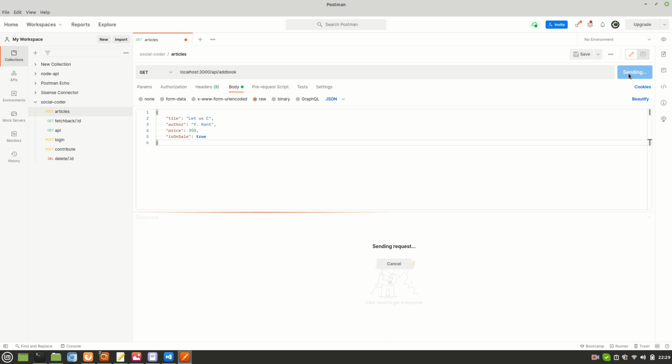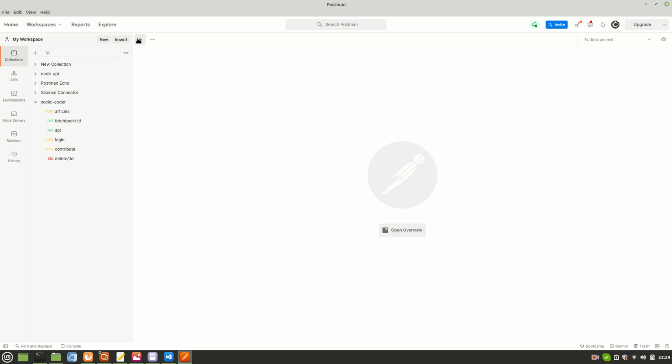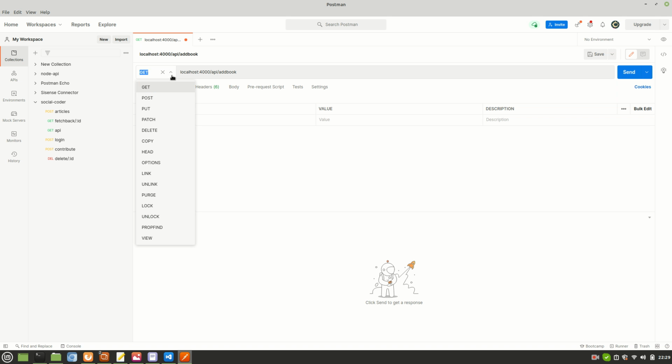Let's see what happens. It won't send the data for the obvious reason, because the server is now running on port 4000, not on 3000. Close this. What happened? I want to make a new request, and this has to be a post request.